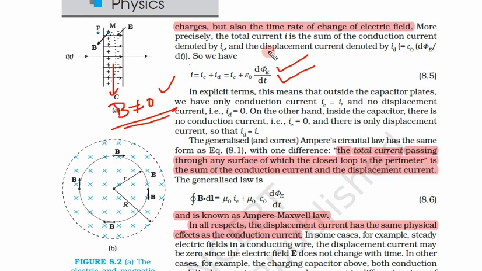And if we remember Faraday's law, what was Faraday's law? There is an electric field associated with a changing magnetic field. Now we are getting the inverse of that: there is a magnetic field associated with a changing electric field. So all three conditions are satisfied. Magnetic fields are produced by conduction current, that means moving charges. Electric fields are produced by changing magnetic fields. And now what we have got is that magnetic fields are produced by changing electric fields. So all three are now highly consistent.